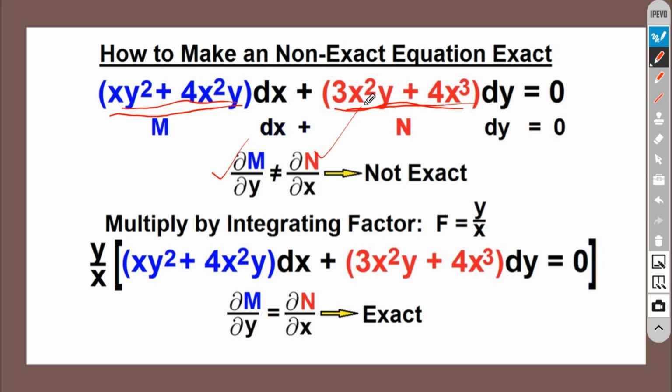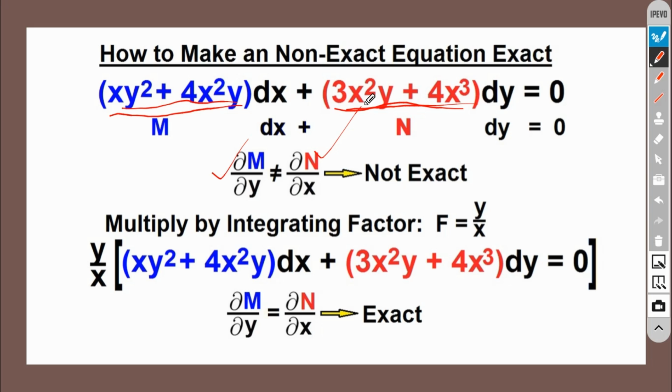We want to make it exact. What we will do, we will find the integrating factor. There is a special method for how to find the integrating factors. There are 4 different methods to find integrating factors. I will discuss them in the next lectures. There is a brief description in this course of how to find the integrating factors. In the next lectures you will understand how to find them, but here just for a short review of the course,